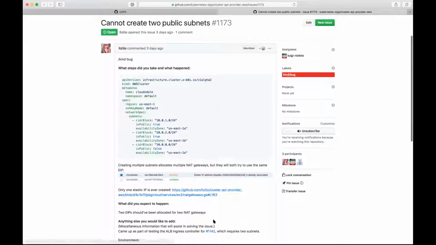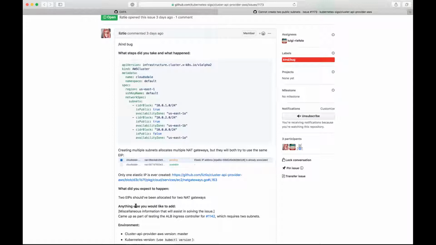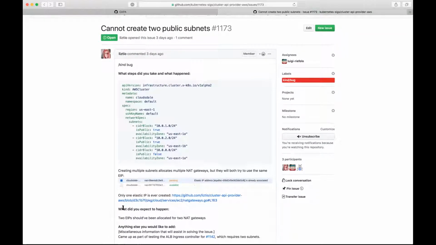The ALB work, who's asking for that, or where did that come from? It came from a different bug report. Okay. And I assume that this person who filed the other bug report, once they got the fix that I had for that initial bug report, they would encounter this issue.